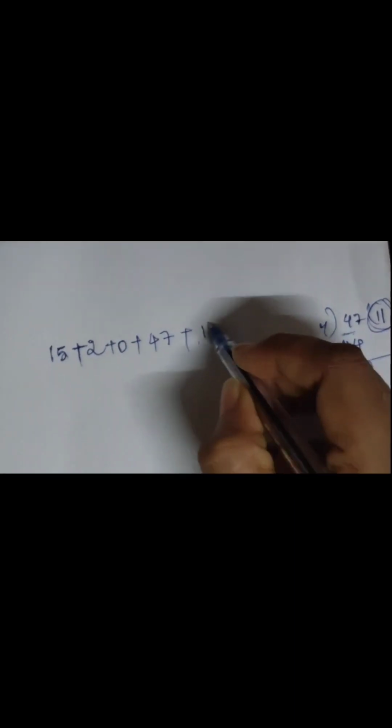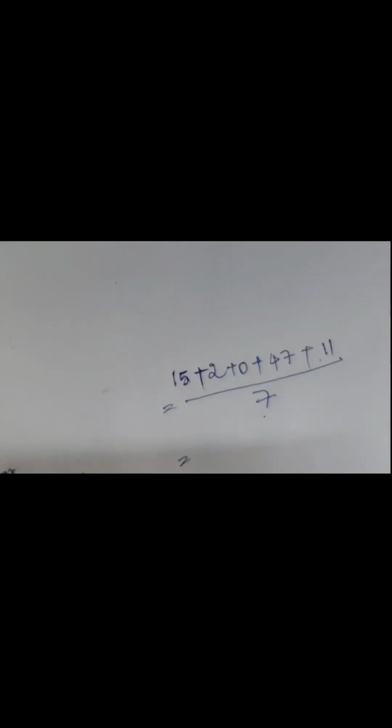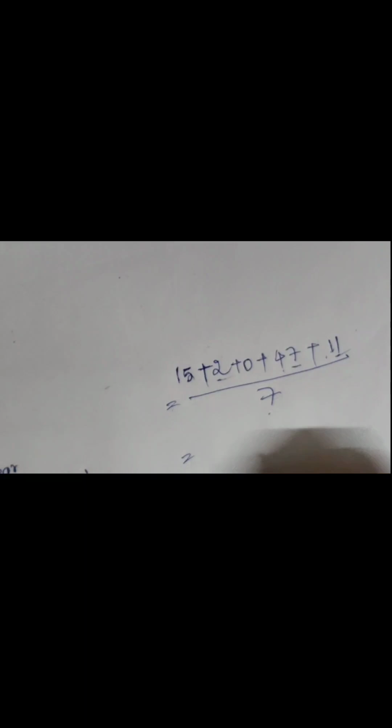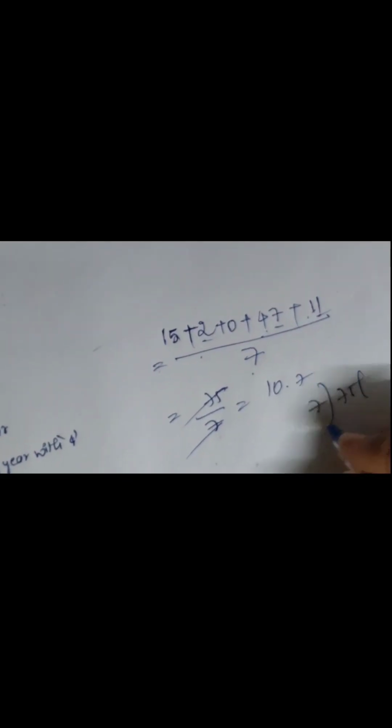Okay. 11, and divide it by 7. Then add all this and divide it by 7. So by adding all this, we get 75. 75 by 7: in the 7 table, 70 is 10 times. So rather than dividing like this, you need to divide like this, 70. Why? In the 7 table, 70 is 10 times and 5. 5 is the remainder. You need to consider the remainder.